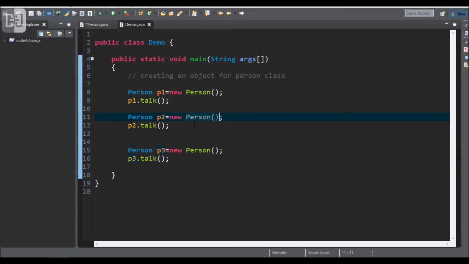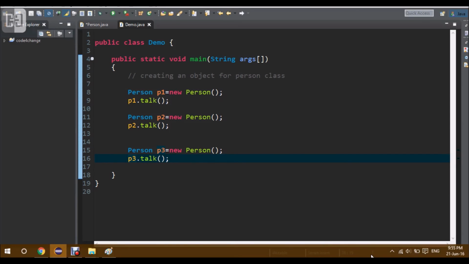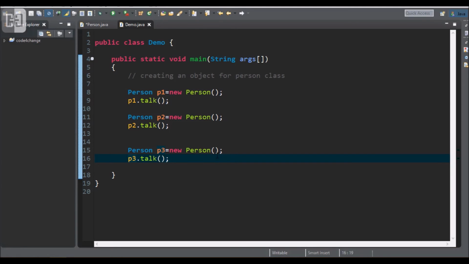Okay, the method is called by using a call function. This is also another difference you can tell between the constructor and the method. So in the next video we are going to discuss about the methods. Here we have discussed constructors, and in the next video we are going to completely discuss methods in Java.